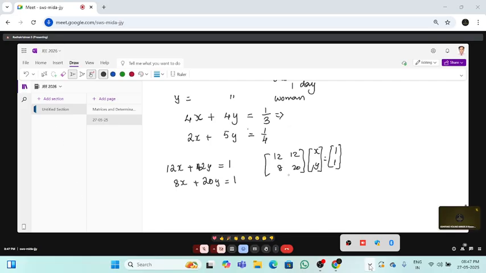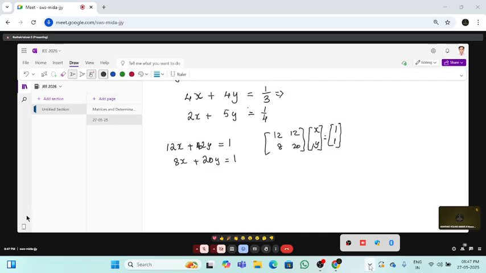And B, the right hand side matrix, is 1, 1. So now you do the A inverse. So the steps are minor,